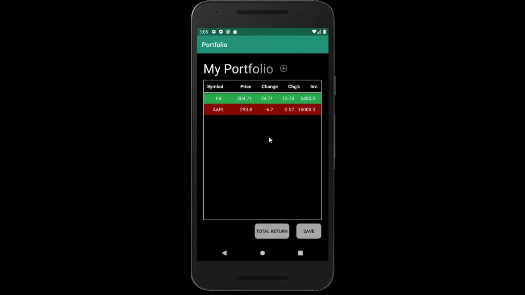So yeah, we can see if the change is negative, it will appear red, otherwise it will be green. And then we have 5 columns here. So first one is the symbols, second one is the real-time price, third one is the change, which is basically the difference between the bought-in price and the real-time price, and also we have the percentage change